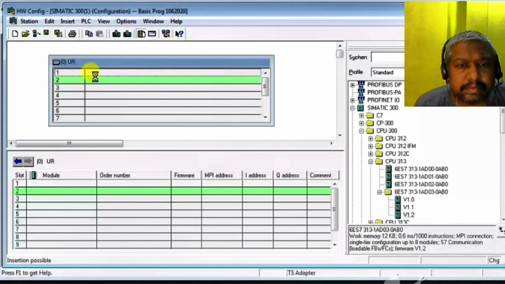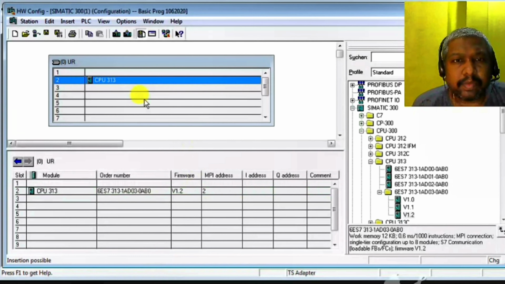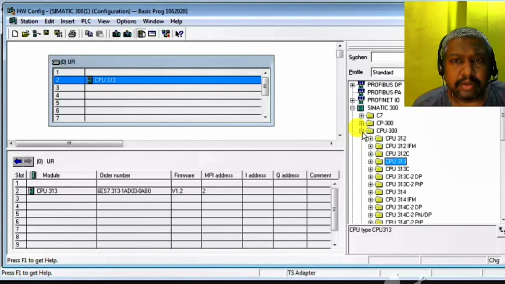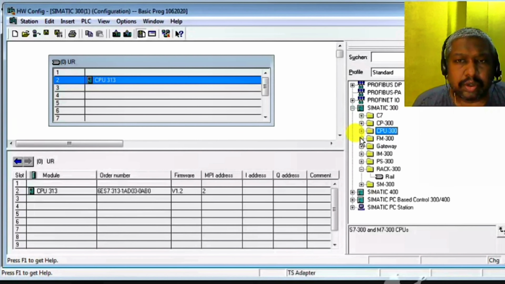Okay, CPU is inserted successfully. This is the MPI address. Now the CPU is inserted. Another basic part is insertion of IOs actually.